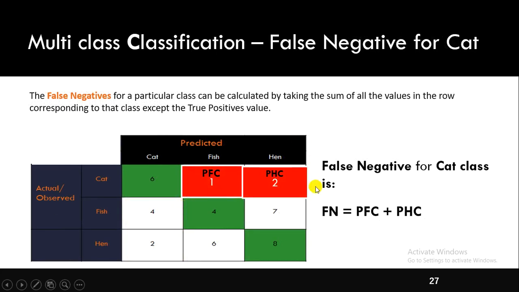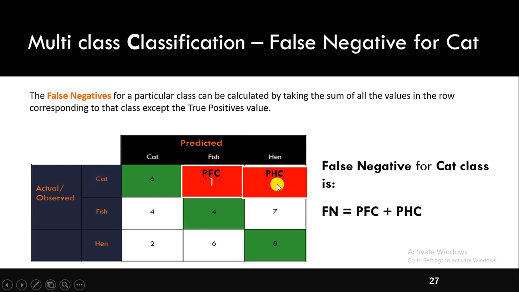Next, false negative. How to compute the false negative for the cat class? This is the actual value. In this case, this is a true positive, and these two are false positives, as already discussed, and these two are false negatives for the cat class. The model wrongly classified these two events as negative. Actually, this is a cat.